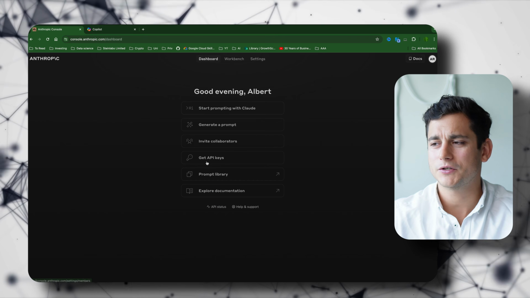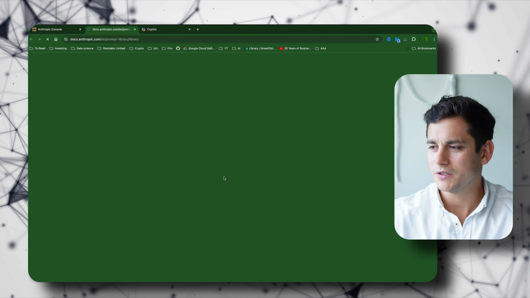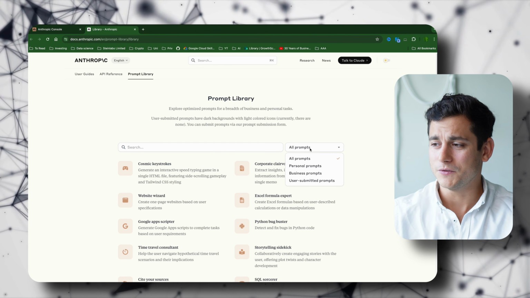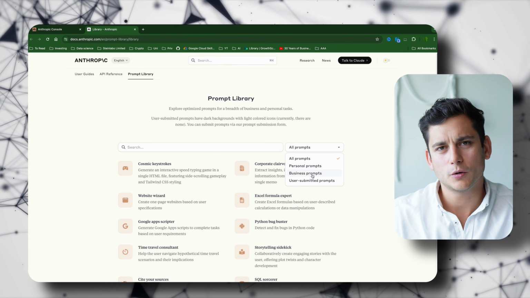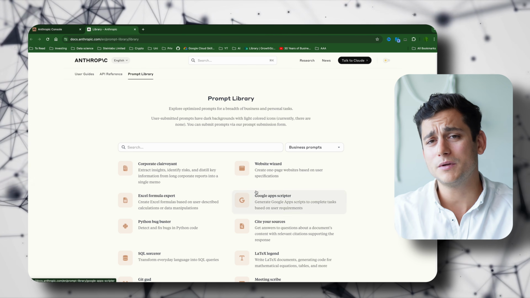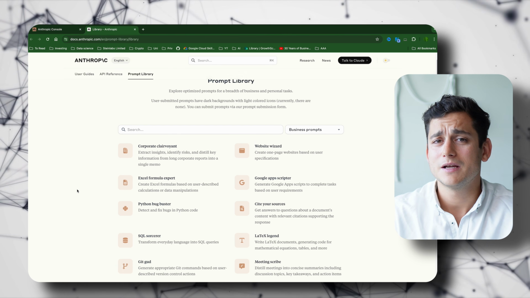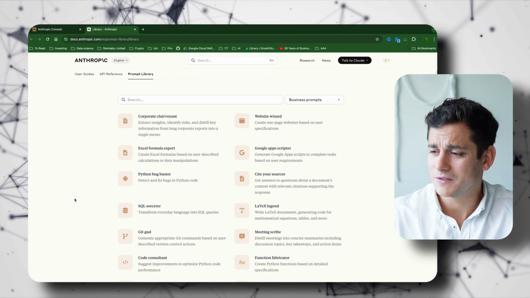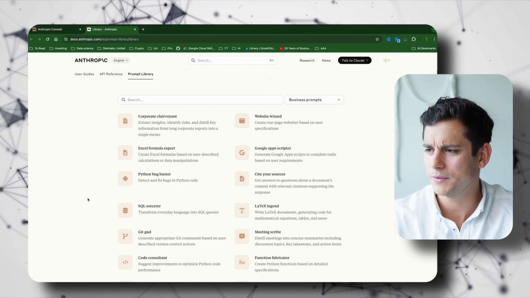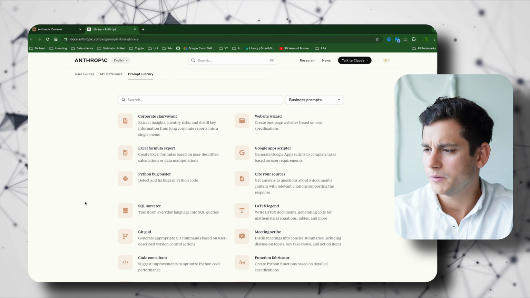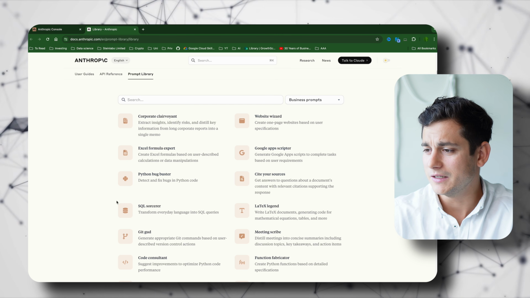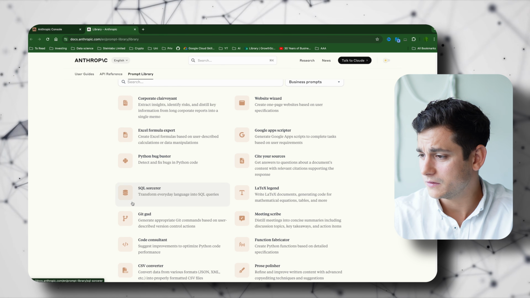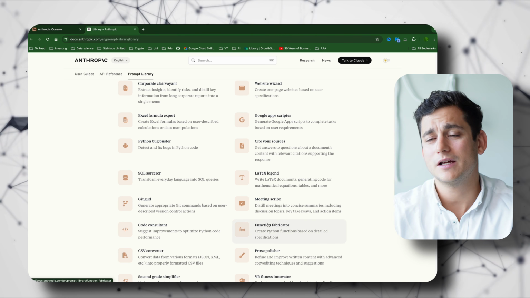So if you navigate yourself into the prompt library, you'll see a number of different prompts that you can be using. There is all prompts, personal prompts, and business prompts, and user submitted prompts, which are empty because I haven't submitted anything. But let's go through some of the prompts and see what we can play around with. So these are the business prompts. We got Excel Formula Expert, Python Bug Buster, Git God, Code Consultant, Function Fabricator, a lot of interesting stuff that